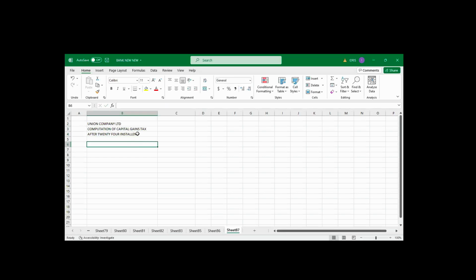First and foremost, after 24 installments, if you want to get the sales proceed, how much is the sales proceed in the question? 1,250,000. Less cost of acquisition. If you want to get your cost of acquisition under hire purchase